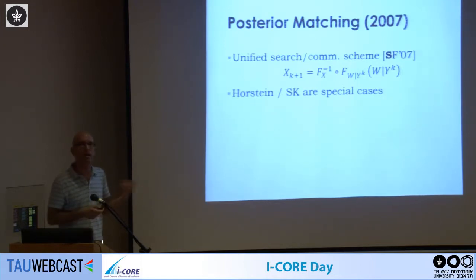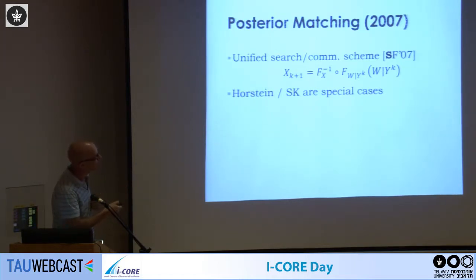All these capital Fs are CDFs, cumulative distribution functions. What you do is you apply the posterior CDF of the message or the target, given what you've seen so far through the feedback, to the message and that sequence of observations. Now, if you apply a CDF to a random variable, to its own CDF, then you get a uniform distribution. Not only is this uniform, but since this is uniform for every choice of yk, it is also independent of yk. So you've got something that has a fixed distribution. It's independent of what you've observed as a receiver or as an agent so far. And that's basically what you're missing in order to obtain the location of the target or the message.